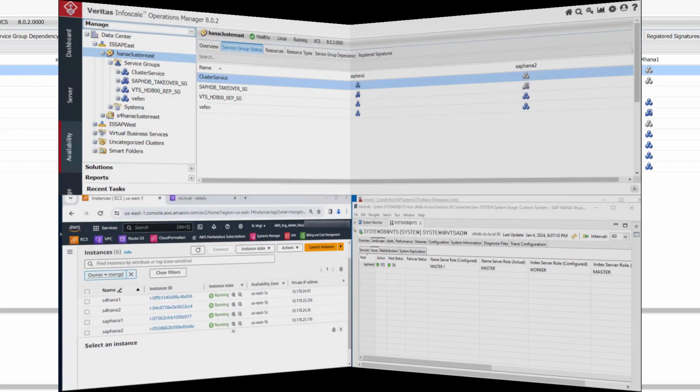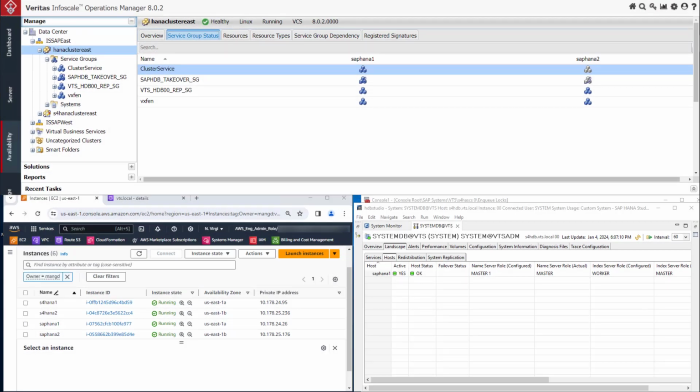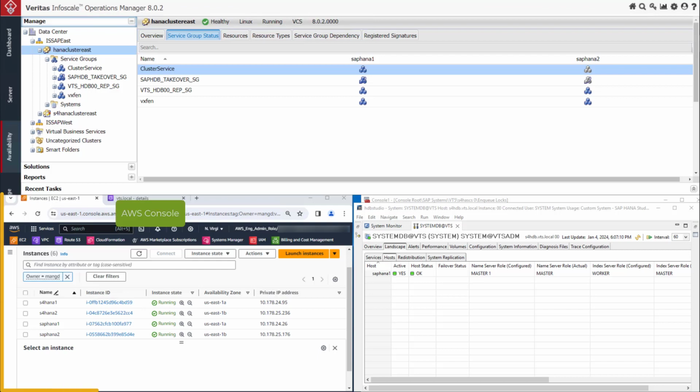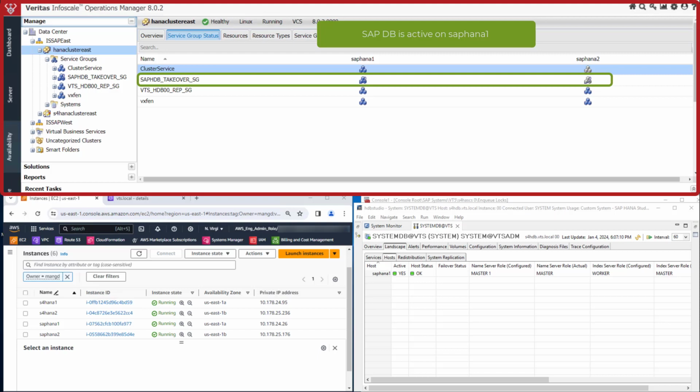Now that we understand how Veritas Alta Enterprise Resiliency manages SAP components for high availability, let's simulate a failure first on the database cluster and then on the application cluster. Let's first review the current state of the SAP database components in Viam, the AWS console, and the SAP HDB Studio application. As shown in Viam, from the database cluster resources group, the primary database is on SAP HANA 1